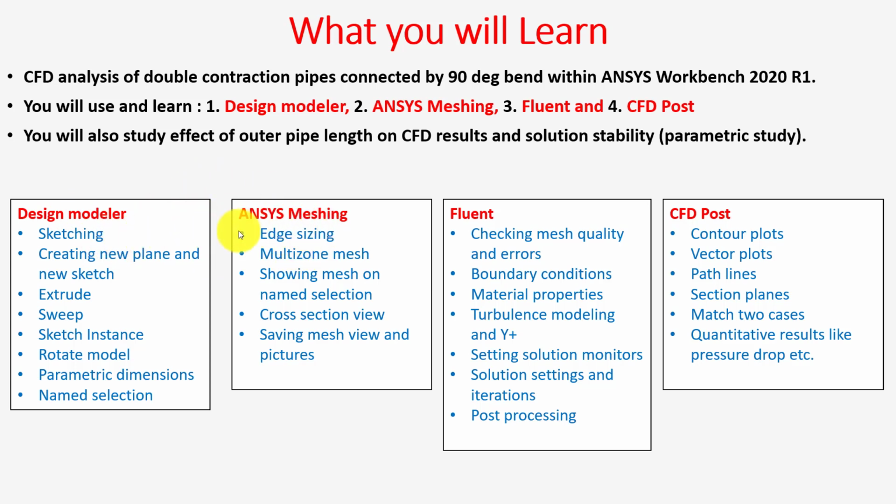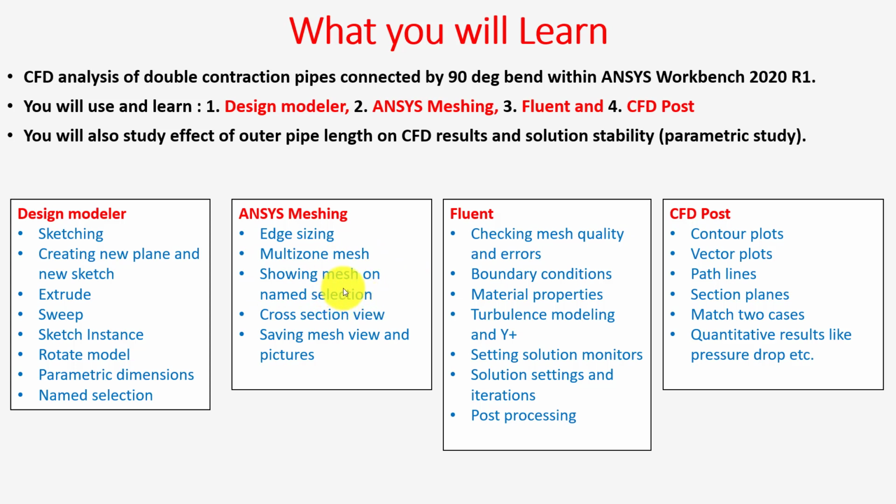So in ICEM CFD we can create hexa meshing with very few inputs from geometry, but inside ANSYS workbench we have to work with DesignModeler or maybe SpaceClaim, and then in ANSYS Meshing we can apply the meshing, which is the multi-zone meshing in this workshop, and edge sizing on different edges. And then again the new thing I am introducing here is showing the mesh on a name selection,